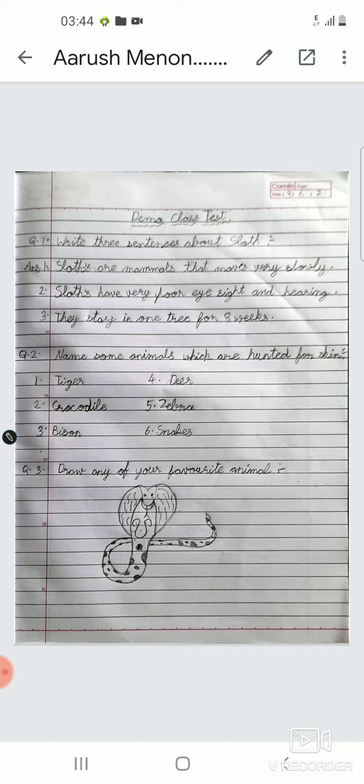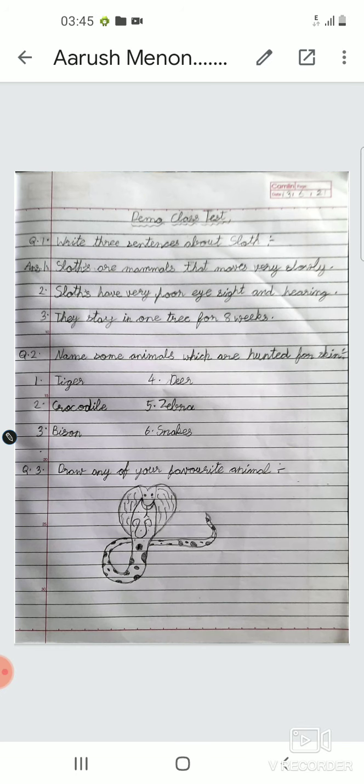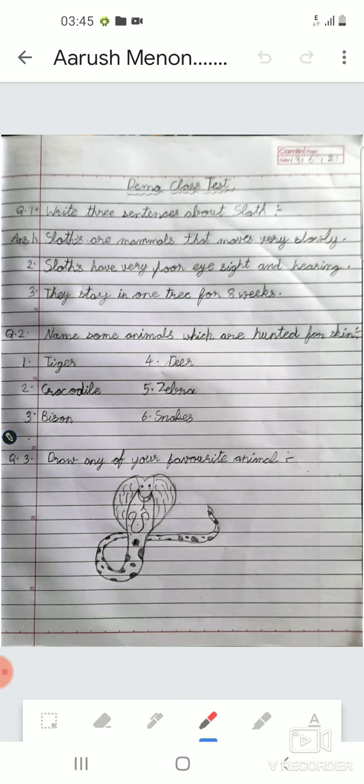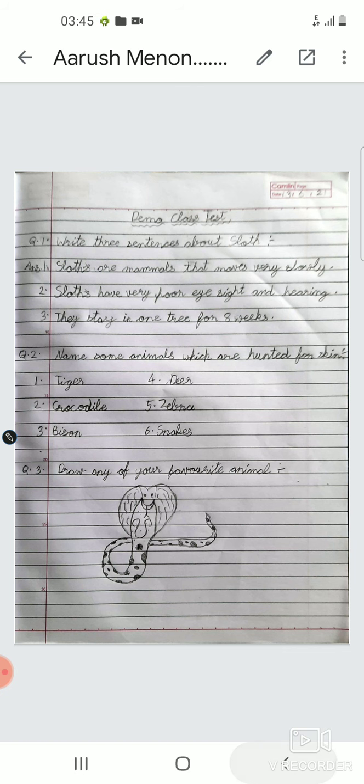See on the top you can see the pen option, right? So using that pen option, when you click that, down we can see the pen option. So I'm choosing the red color here. When I click that and close this button, now we can correct our child's assignment.